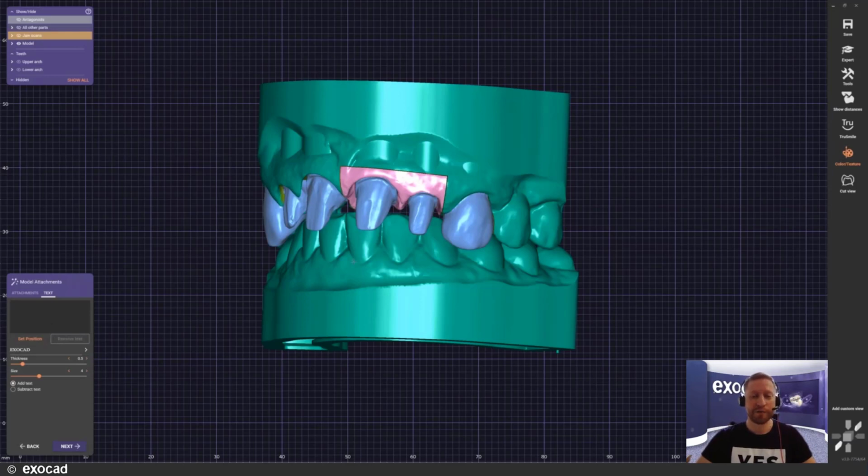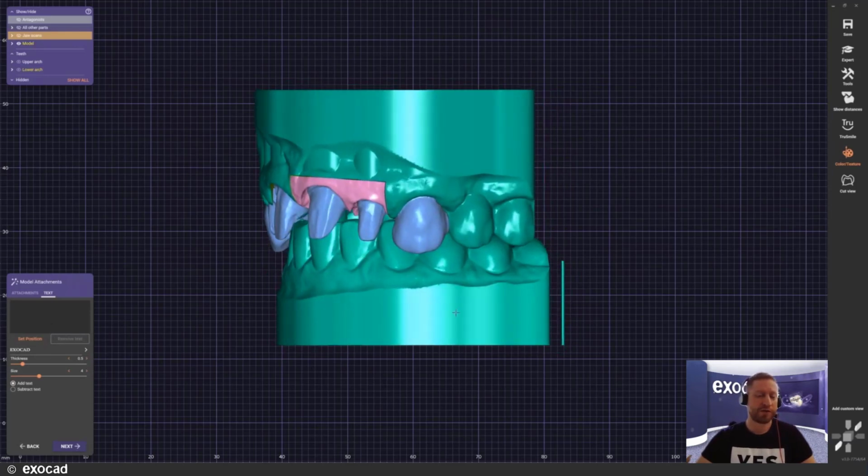It says set a position. So I'm just going to choose the lower jaw here as well, click on it, and now I can bring it into position if I want to. And you can see if there is a spot where it can't attach to the model correctly, it will just turn red and signal you, please correct my position here as well. So I can do that. That's very fine for me.